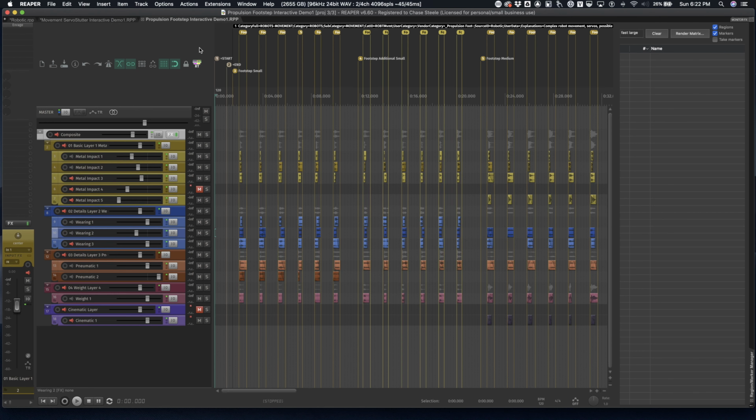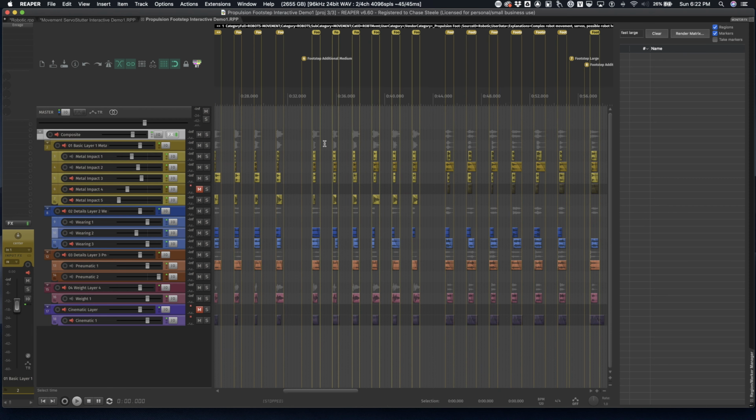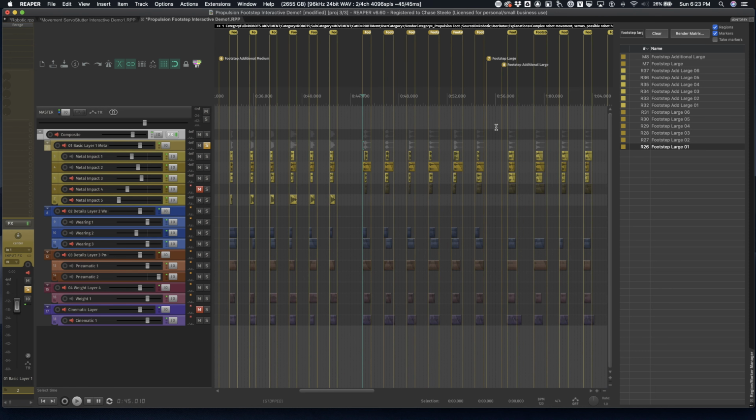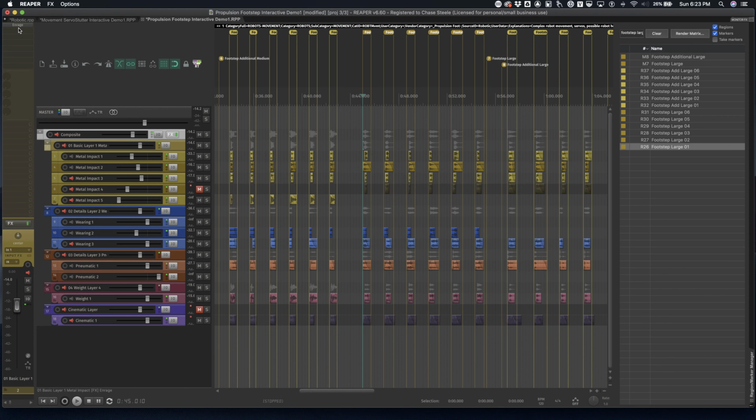Looking at the Propulsion Footstep, I'm pretty familiar with this already. If you watch the linear design video, then I used these same footsteps. I did change quite a bit with them in here, or enough at least to mention. All right, so take a look at the footstep large. That's what I used. A couple of the big changes were toning down some of these additional metal impact sounds and really just doing a premix for how I knew it would match up with the actual character. And the other thing that I added was some iZotope RX automation